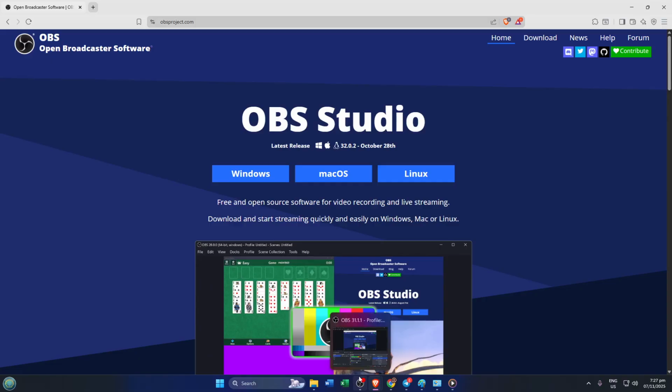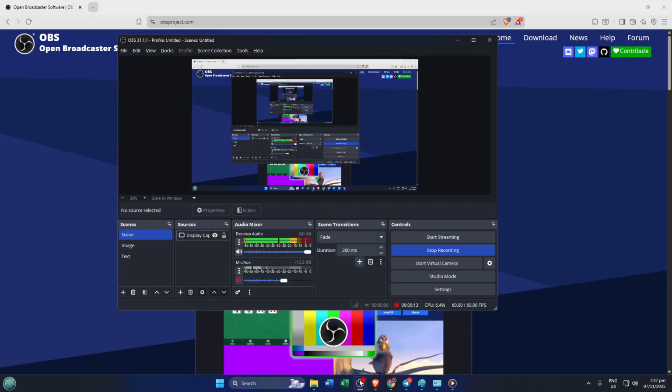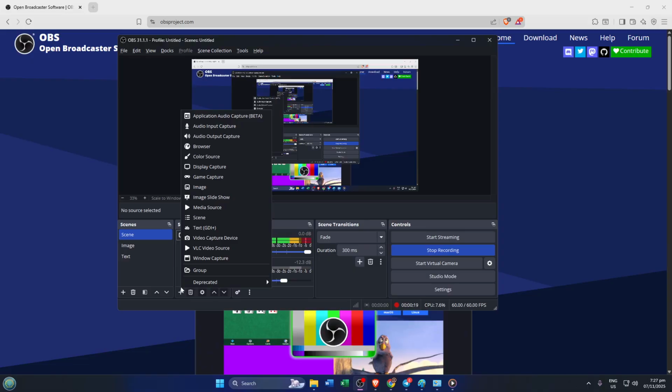Let's dive right in. The first thing you'll want to do is look down at the Sources section in OBS Studio. This is where all your visual elements, like your camera and displays, live. To add something new, simply hit the little plus button. It's right at the bottom left of the Sources box. That plus sign is like your gateway to creativity, so don't be afraid to click it. A menu will pop up with lots of options. But since we want to add a static image, think a PNG, JPEG, or even a transparent graphic, click on